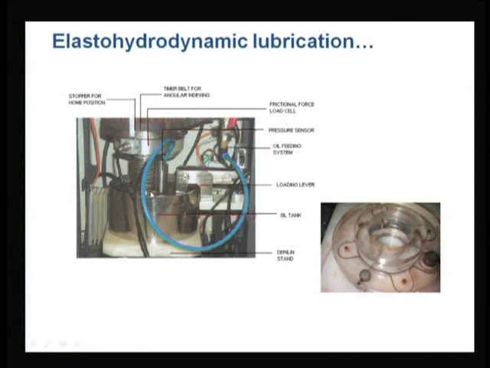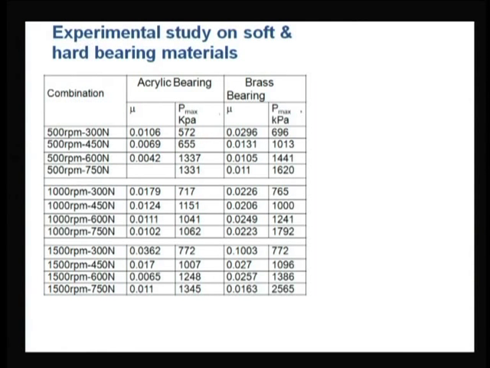And this was one brass bearing here, and similarly a bearing was made of the acrylic material, which is a softer material having a compressive strength of only 50 megapascal, while this one has a compressive strength of 300 megapascal. Now, we compare the results. When we are comparing the results of coefficient of friction and P maximum, the P maximum which occurred in the acrylic